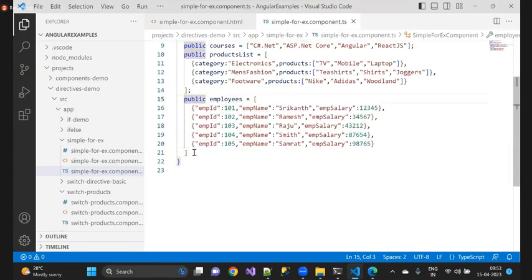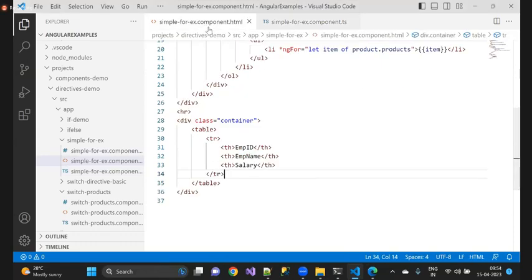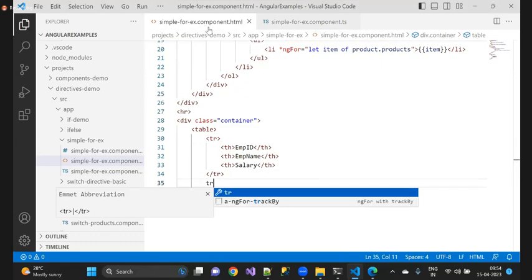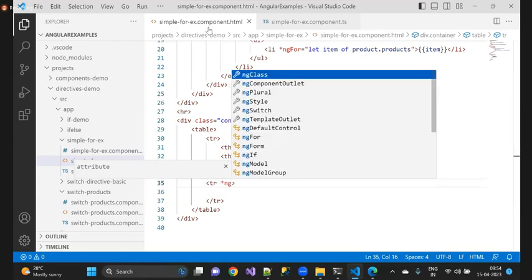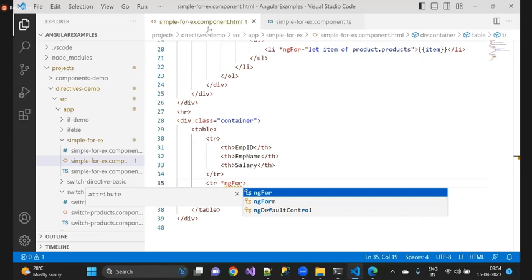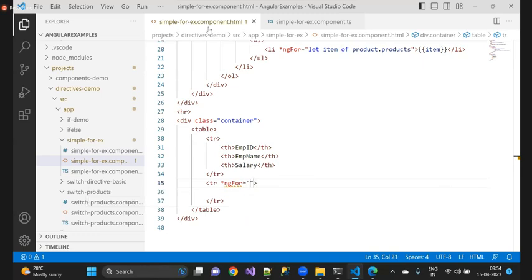That means in this particular array, whatever data we are having, it is a JSON object. Now I wanted to print each and every JSON object in that particular table row. So how we can do that one? Let's create a table row here, and then I'm going to use something like ngFor is equal to, ngFor is equal to,